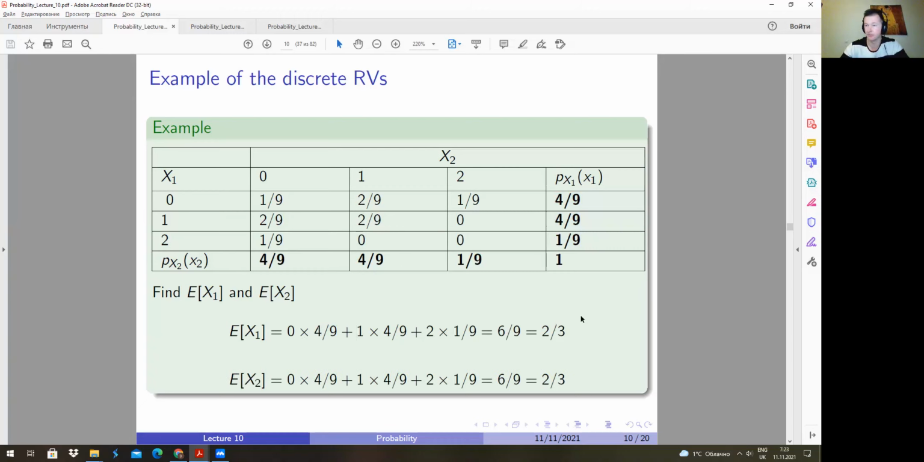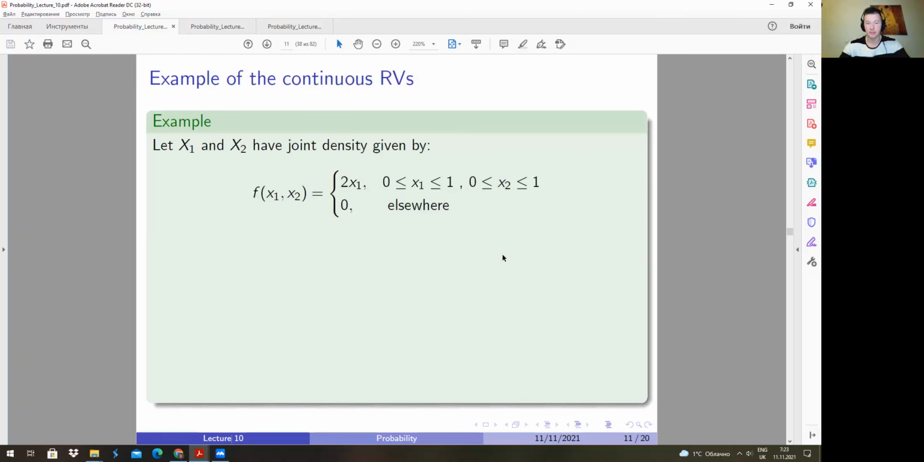And this is 2 over 3. And the same, exactly the same expression for the expectation of x2, because the probabilities are similar and the possible range of the values of x2 is also similar. So that's the discrete case. Now the continuous case,